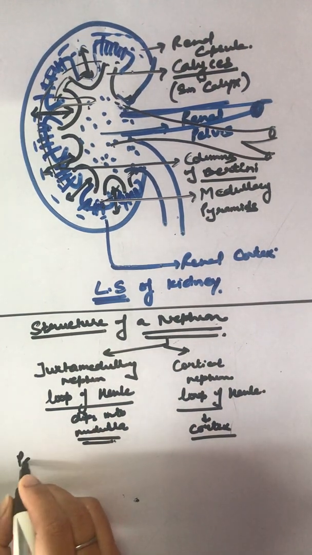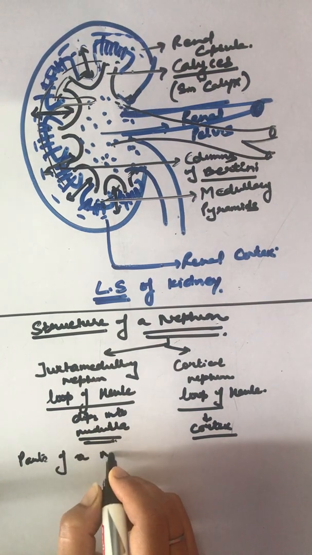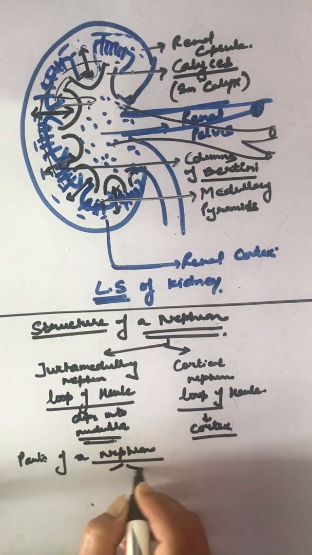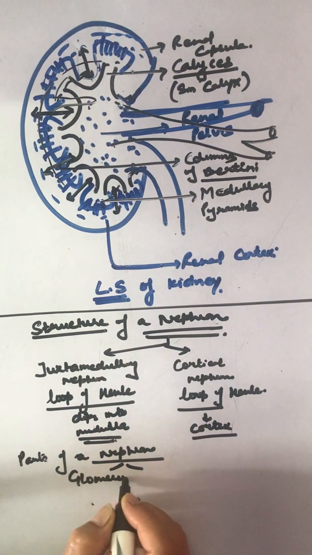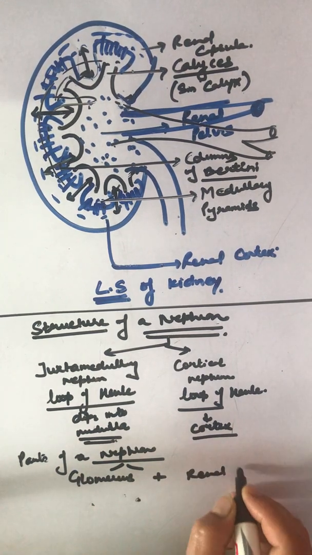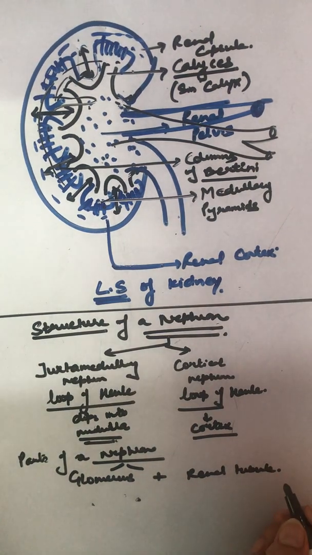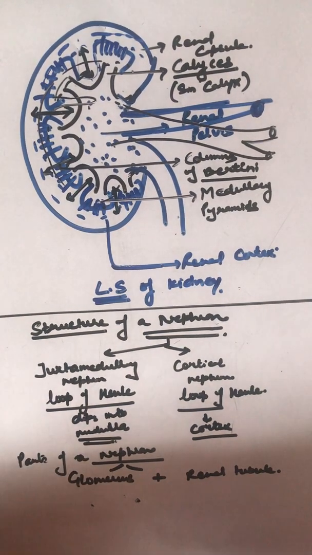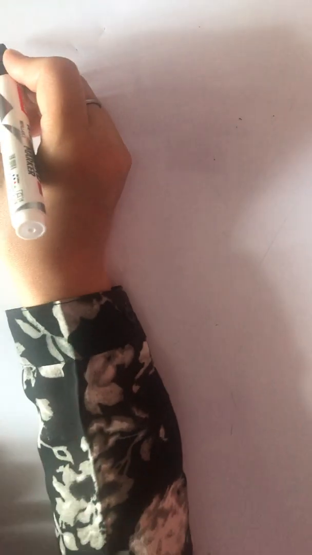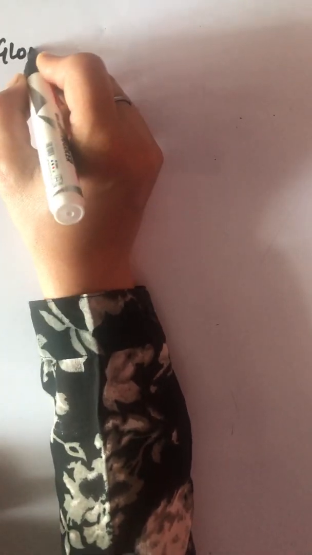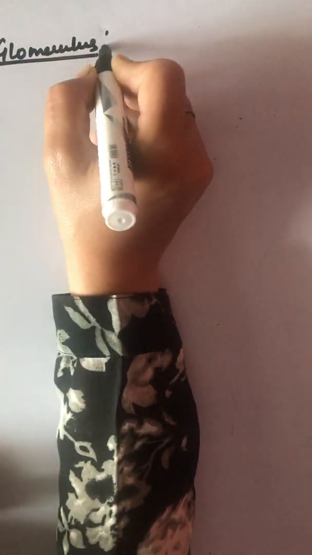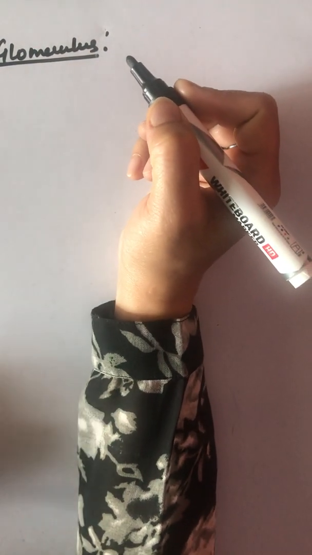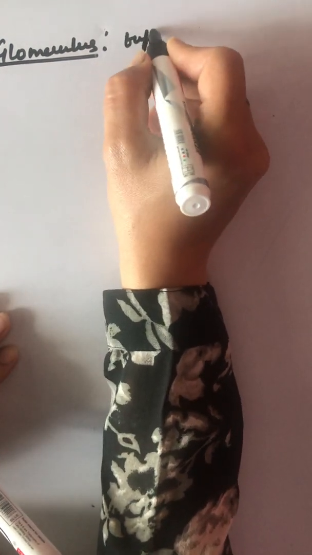Now, parts of a nephron. It is mainly divided into glomerulus and renal tubule. Clear? Glomerulus and renal tubule. Now the detail of glomerulus as well as the renal tubule. Glomerulus. It is basically a tuft of